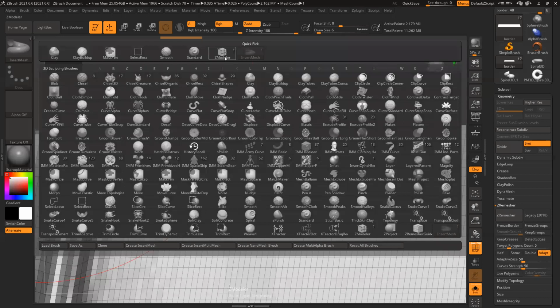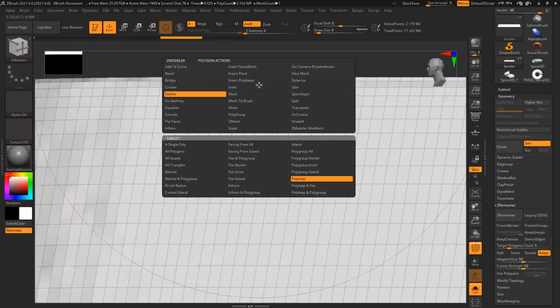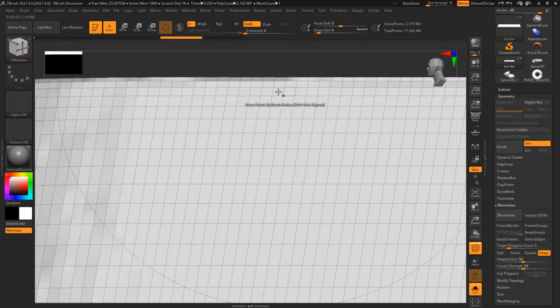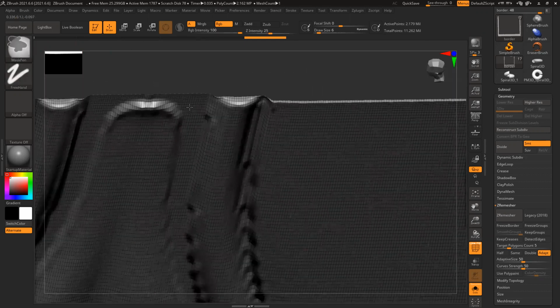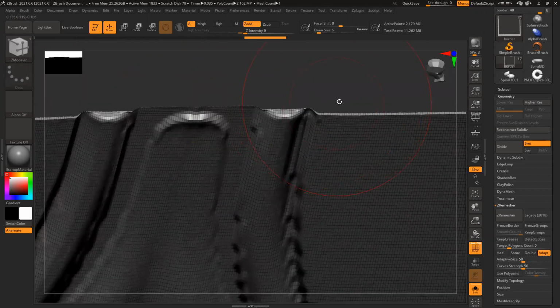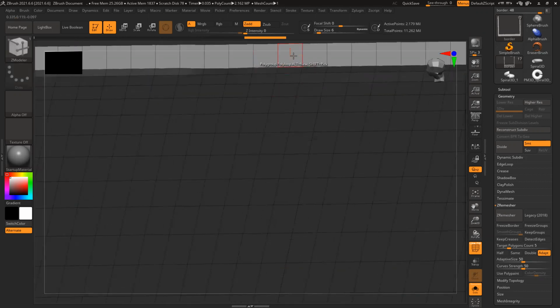So I'll go back to my ZModeler, any of the polygon, spacebar, polygroup, polyloop. So I can convert this into a polyloop. Okay.